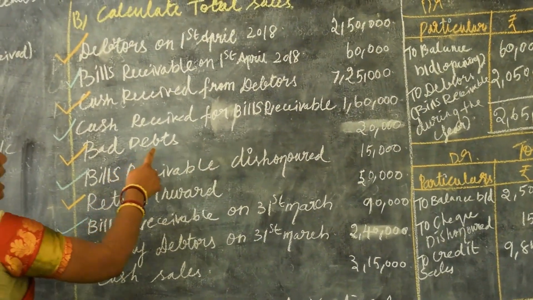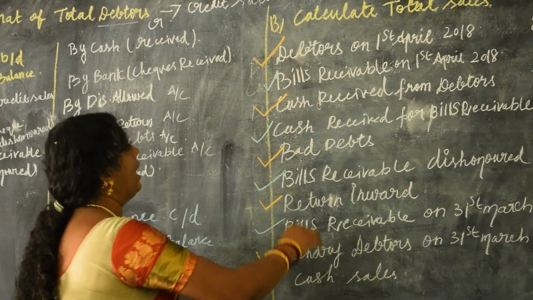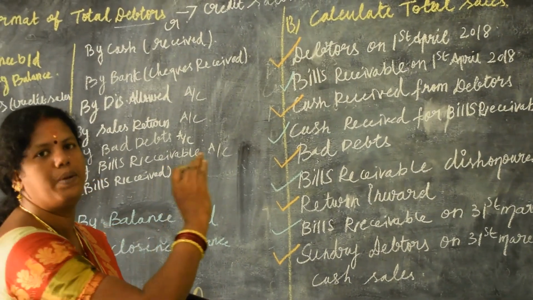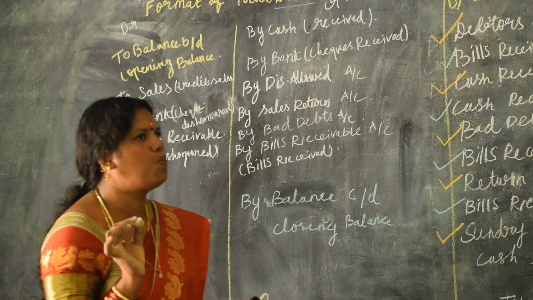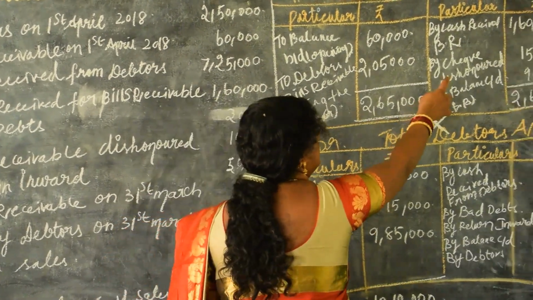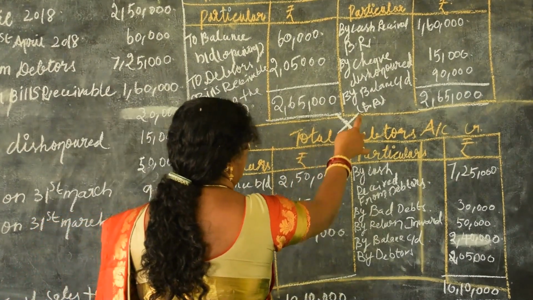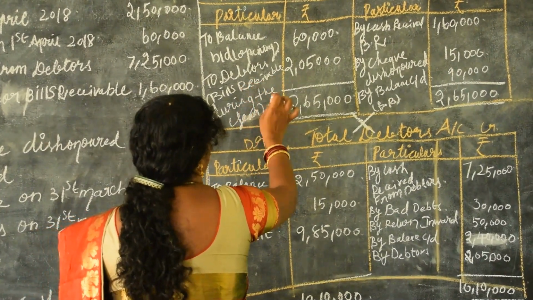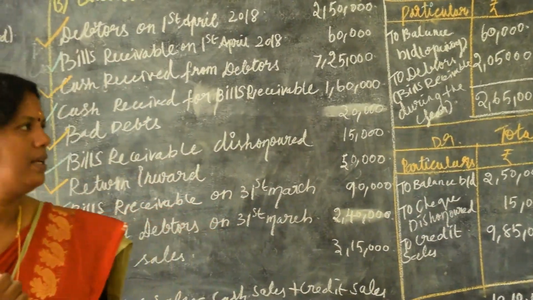So, this is the question which was asked in the previous public exam for 5 marks. Total debtors and bills receivable are mixed up in this question. You just have to pick out which items will appear in the bills receivable and which in the total debtors account. The only thing, a small concentration is needed while preparing the total debtors: you have to write the cheque dishonoured, that is in the bills receivable, on the debit side. Keep the cross symbol as a memorizing point. And the two debtors we found in the bills receivable will come on the credit side. So that is the only thing you have to keep in mind.